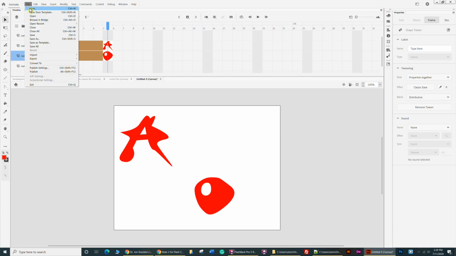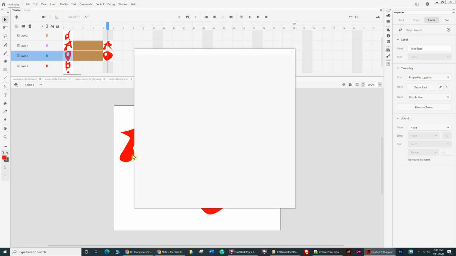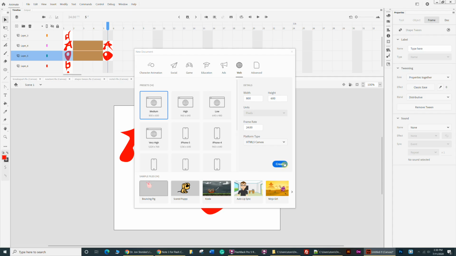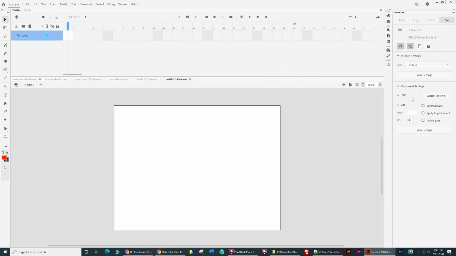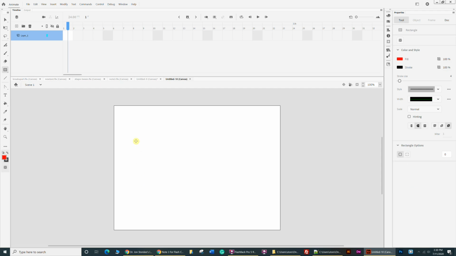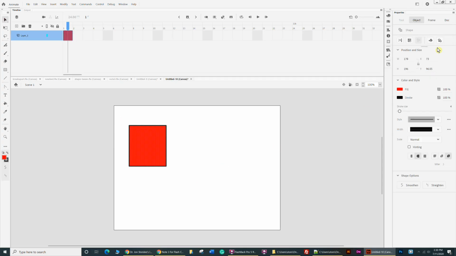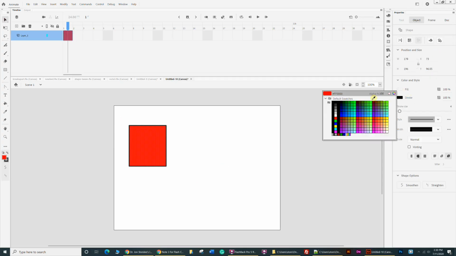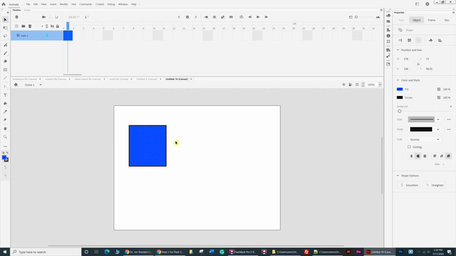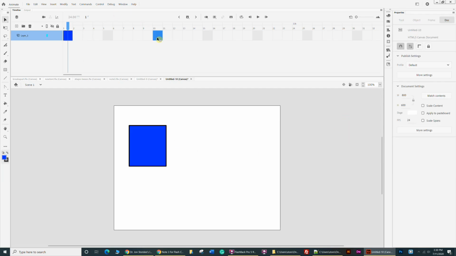Let's go File, New, Create. And what I'm going to do this time is I'm going to start off with a rectangle tool. I'm going to have a nice red box. And I'm seriously thinking about being bored with that. I'm going to take that red box. I'm going to change this fill. Notice how I selected it. I can take a blue. And then I can come over here to